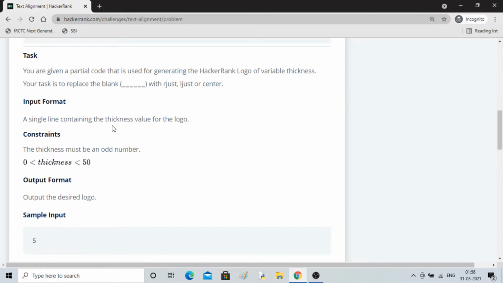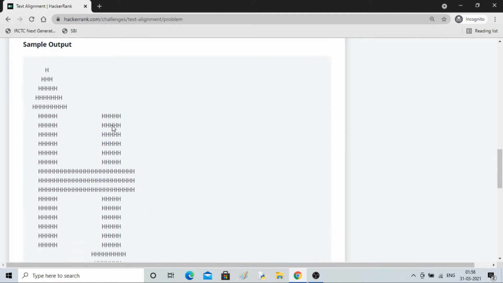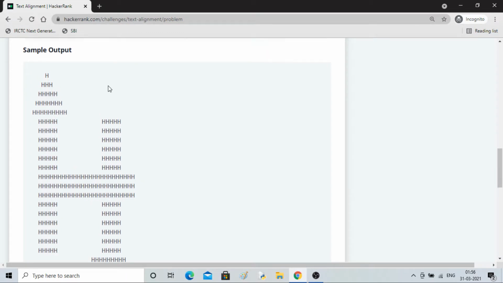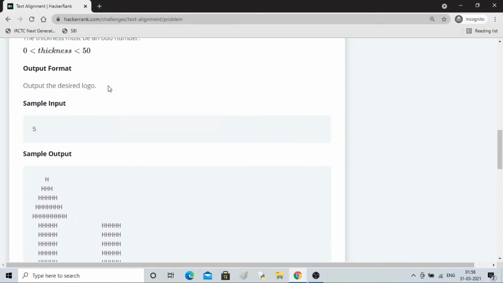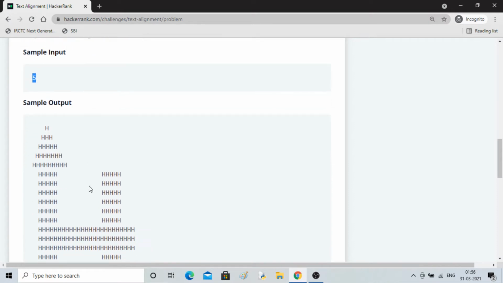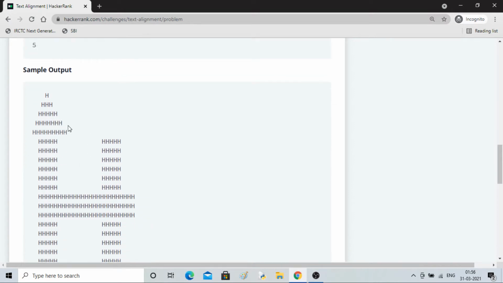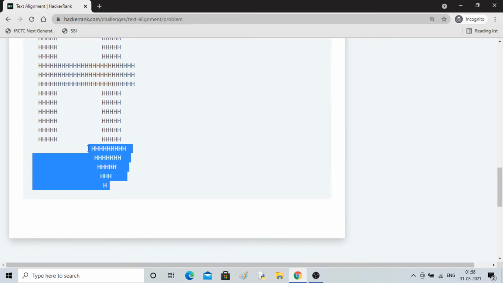So what does this 5 mean? The maximum thickness is 5 only. You can see here this half is 3, 2, 4, 5, 4. Okay, let me check out the H,